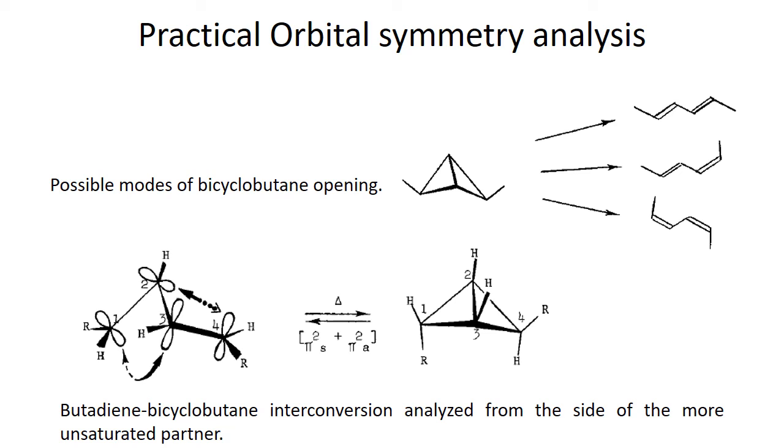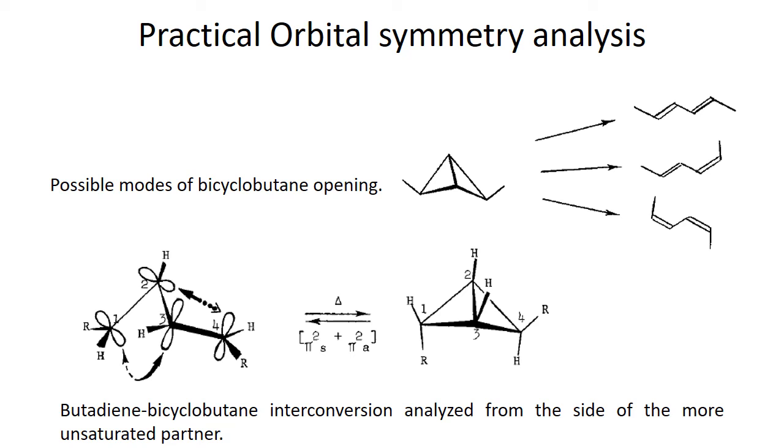What I meant here is that there are certain rules set by Woodward and Hoffmann. They say that we can only determine the stereochemistry of each bond, whether a reaction is allowed or forbidden. For example, as we discussed earlier, we are talking about bicyclobutane ring opening. In this bicyclobutane ring opening, there are 3 possibilities, which are 3 disubstituted butadienes that would arise by a thermally allowed concerted pathway.